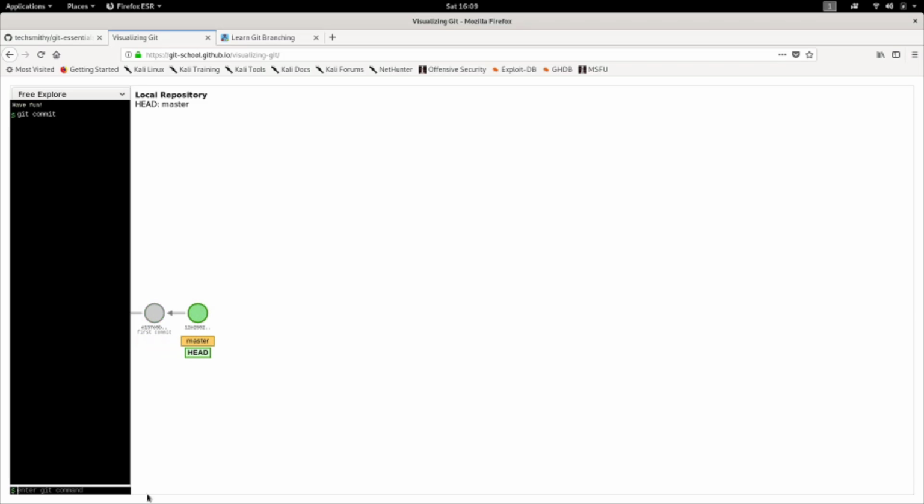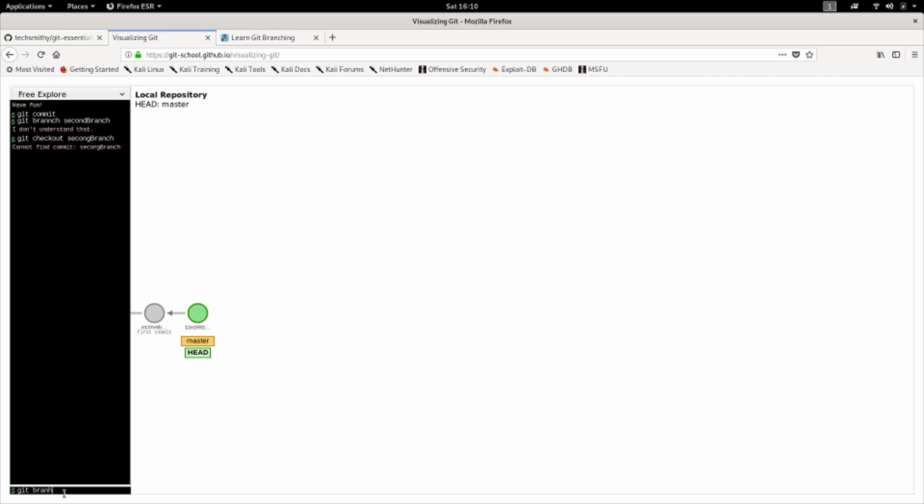Git commit. So I have a commit in the master. I'll do git branch second branch. Okay, git checkout... okay, git branch.